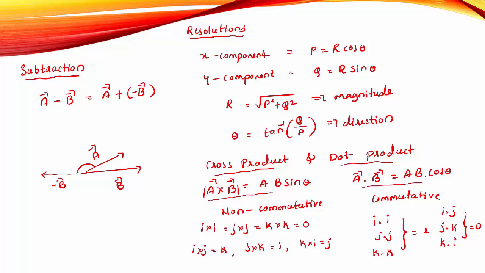We studied what vectors are, types of vectors, addition of vectors, subtraction of vectors, multiplication of vectors, resolution of vectors, and then we derived the resultant of two vectors, their magnitude and directions. The next part of this chapter is relative velocity for two-dimensional and three-dimensional. It is very important. Relative velocity means the velocity of a body with respect to another moving body. And we derived the equation for magnitude and direction.